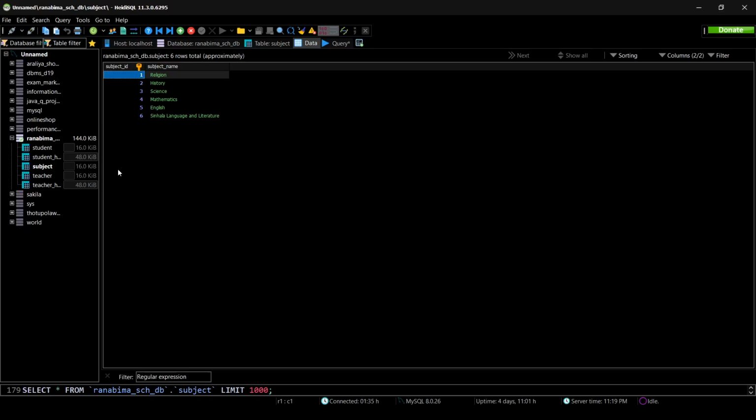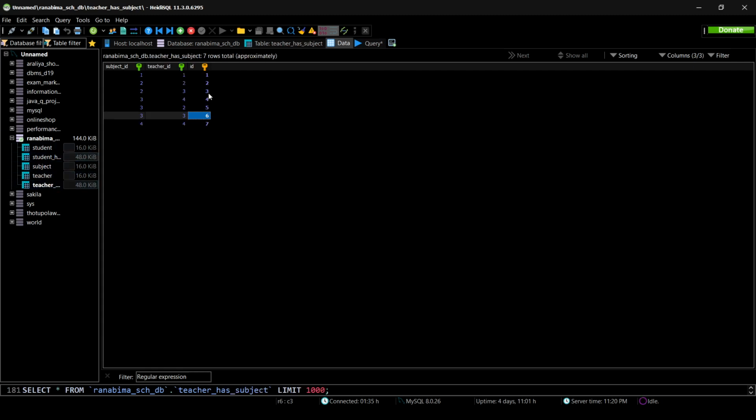Let's see the database quickly, and you can see the subject id is number 3, and in this teacher has subject table, the subject id number 3 corresponds with the teacher id 4, 2 and 3.